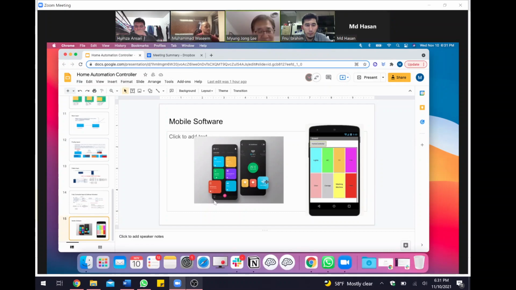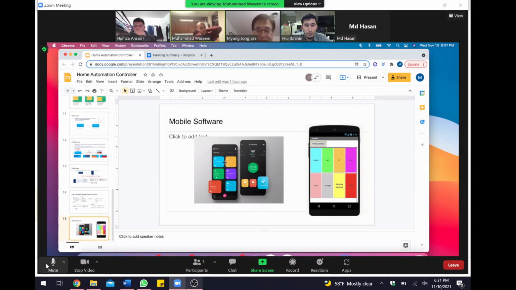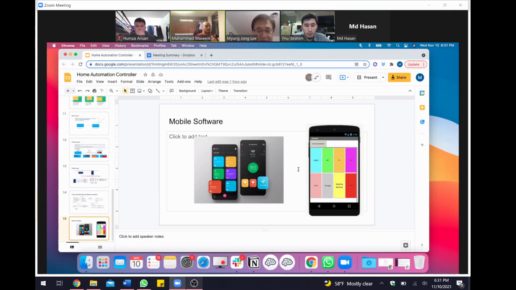One of the last components we wanted to talk about is the mobile software part of it, where we have the Android phone. This is based on current home automation UIs that are user friendly, and this is what I'm trying to make the user interface for. I'm trying to have color coordination and bigger text, so it's easy to see and easy to use for elderly people or anyone trying to use it. This is my basis, and this is what I have. This is actually through the MIT